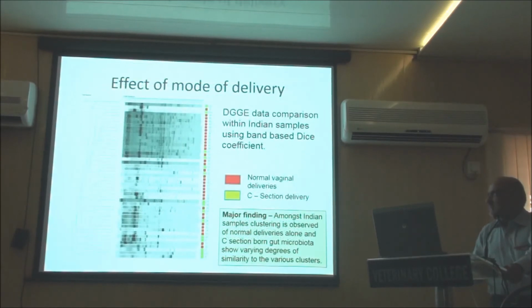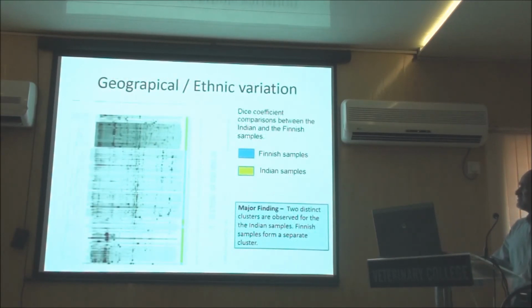We had also studied the effect of mode of delivery, but in this case there was not much difference found based on the mode of delivery, because here the samples were collected from teenagers, and by the age of 3 to 4 years the gut flora gets stabilized in the individual. So that's the reason we have not been able to capture the differences between cesarean section and vaginally born babies here. But in the same study, when we compared this population with the Finland same-age population,